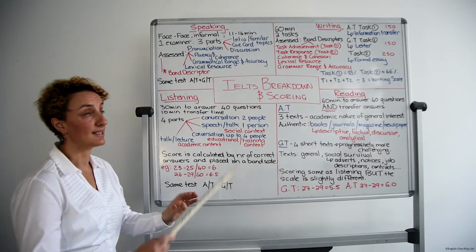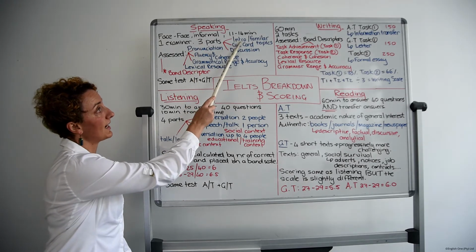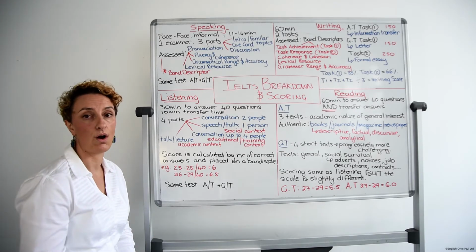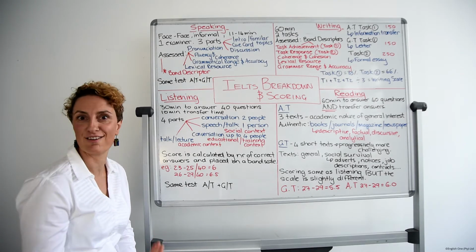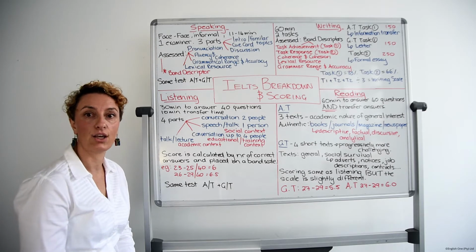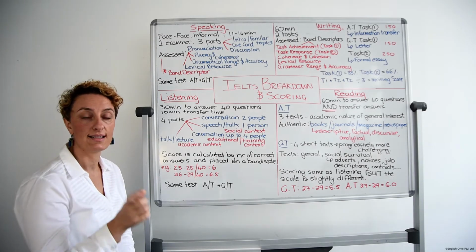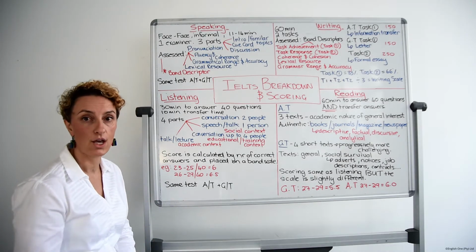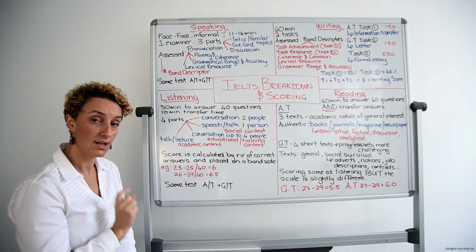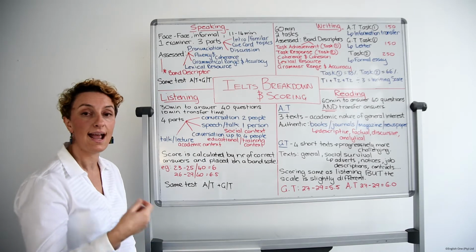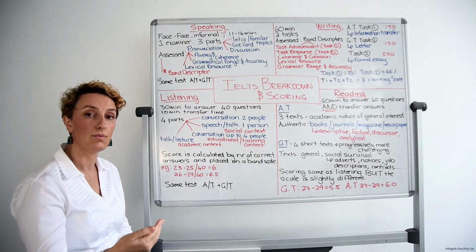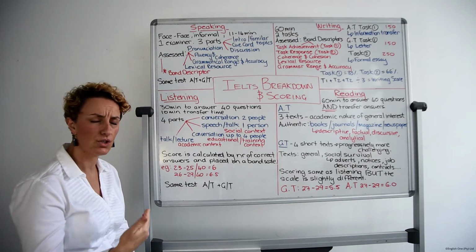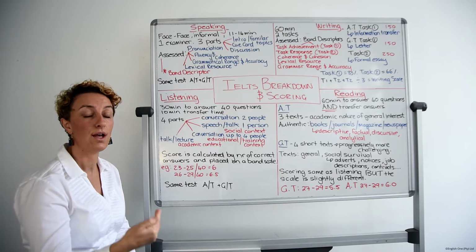The exam is divided into 3 parts: an introduction, which are questions that the examiner asks you on familiar topics like work, study, and family. The second part is a cue card, and that is a set of prompts on a specific topic which you have to talk about. You are given a specific set of time to think about it and write some notes, and then the examiner gives you 1 to 2 minutes to talk about it. The third part is a discussion, and usually the discussion is an extension of the topic that you spoke about